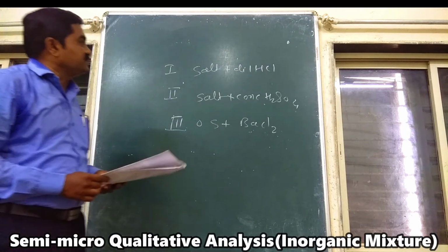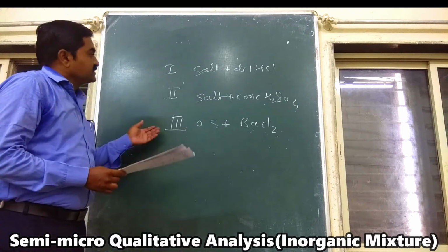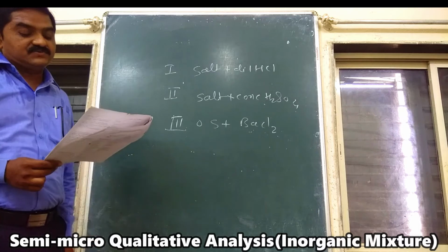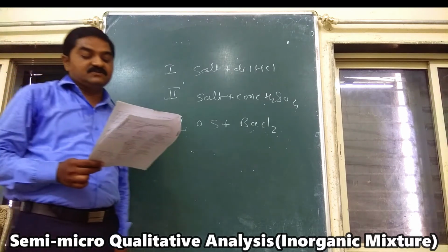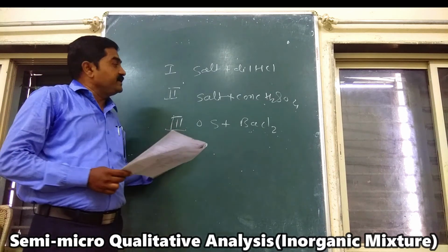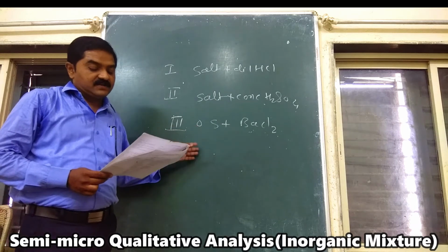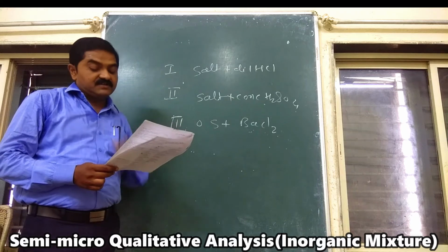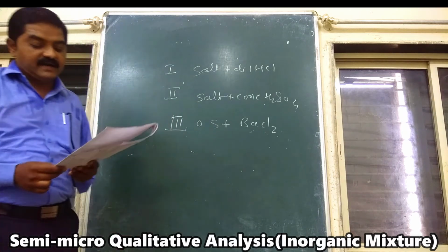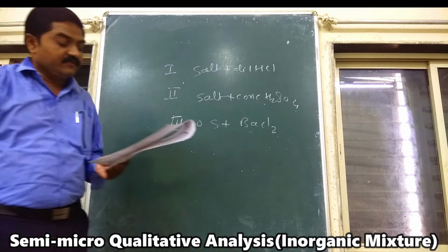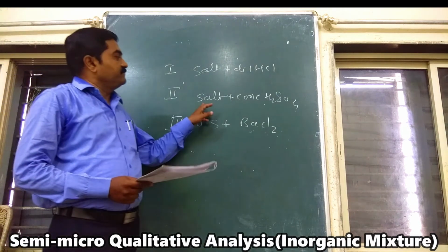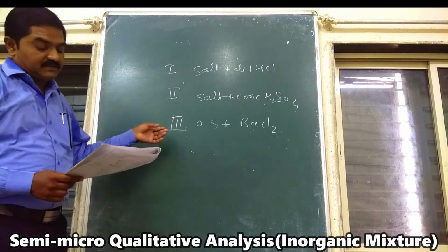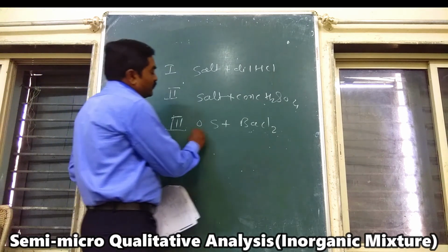There are so many groups present where a colorless gas is evolved. So which gas is evolved here? Then the second, salt plus concentrated H2SO4, colorless gas is evolved with a pungent smell, giving white dense fumes when a glass rod dipped in sodium hydroxide is held near. The observation shows chloride, bromide and iodide, nitrate and acetate may be present. So which color of the gas is evolved whenever the reaction is carried out, salt plus concentrated H2SO4.